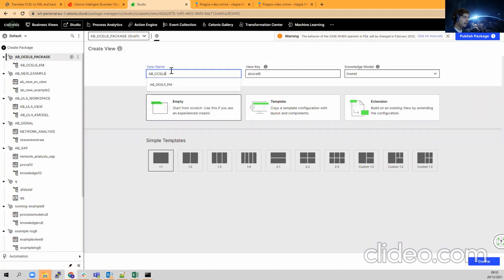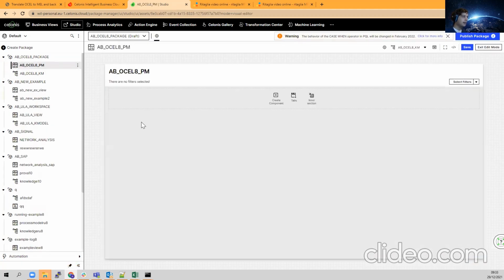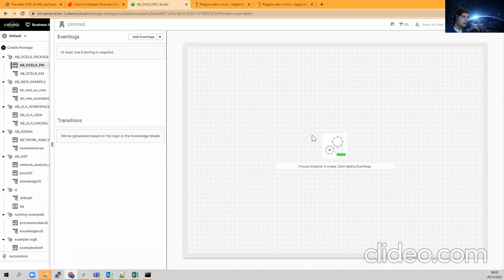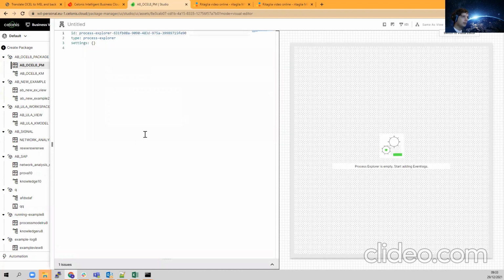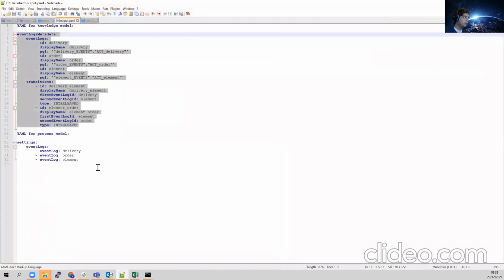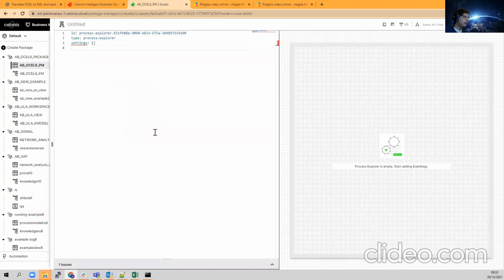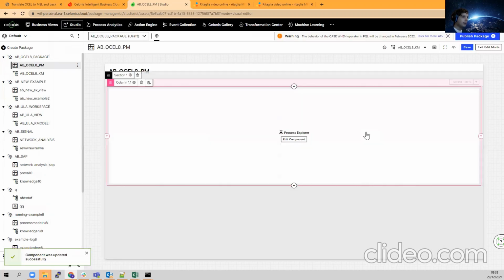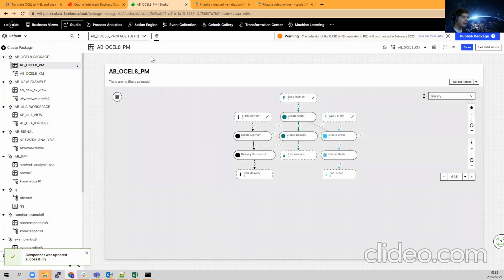Let's create that here. We associate that to the knowledge model that we just created. Then we insert the process explorer here, and the process explorer can be configured using YAML. We take the second part of the output and paste that in the program, and after doing that, we could see that the multi-process map is created